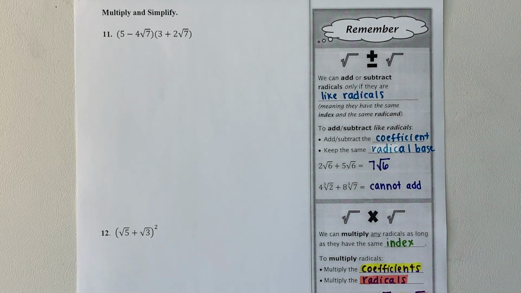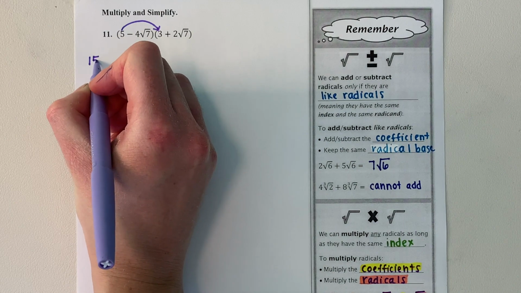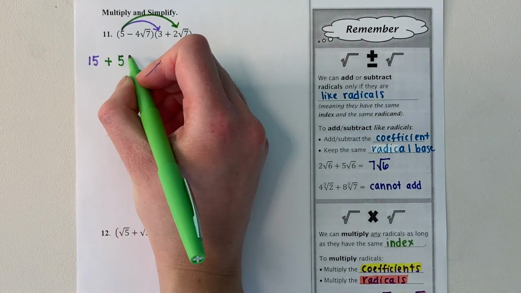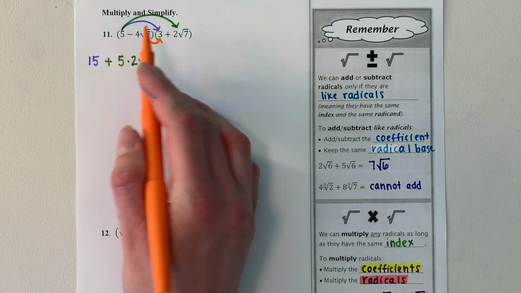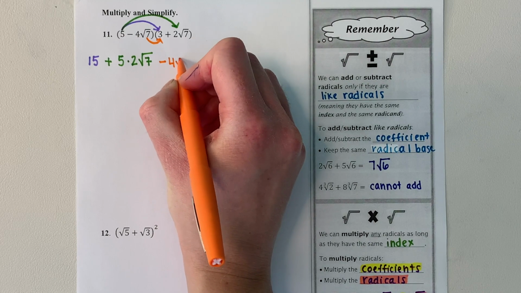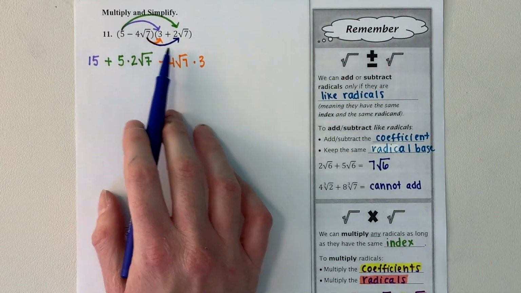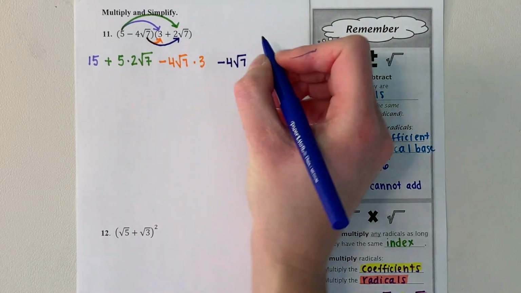Let's use this information now for these next two examples. For this expression here, we're going to FOIL. Let's start by multiplying the first. 5 times 3 will give us 15. Then we'll do the outer, and we'll take a positive 5 times 2 square root of 7. Then we'll take the inner, so we'll take negative 4 square root of 7 times 3. And then we'll take the last, which will give us negative 4 square root of 7 times 2 square root